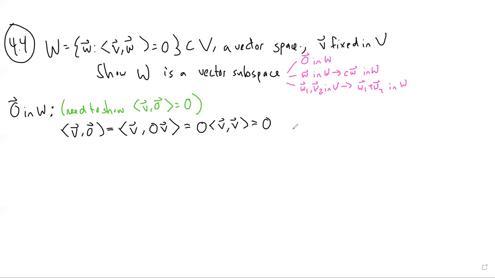It's just how we would always show that the inner product of anything with 0 is always 0, because that wasn't given to us, but we have that now. And that implies that, yes, 0 is going to be in the space W. So that one's good. So now we're going to do the next one, show that W implies CW. So suppose